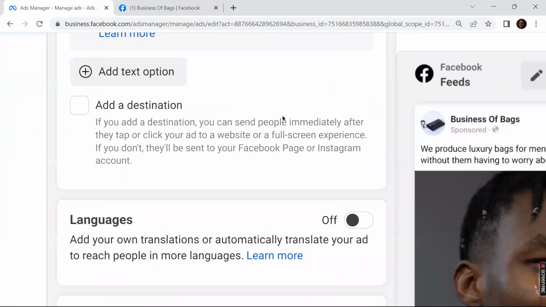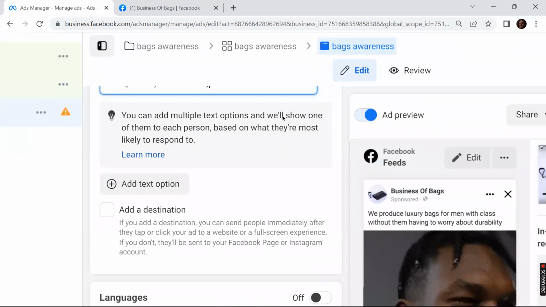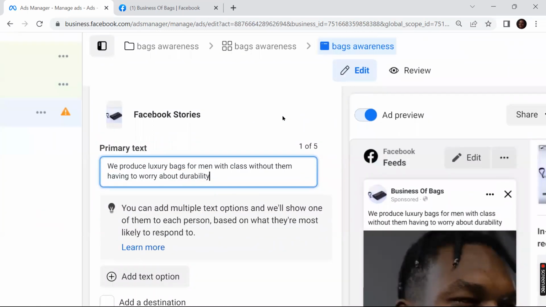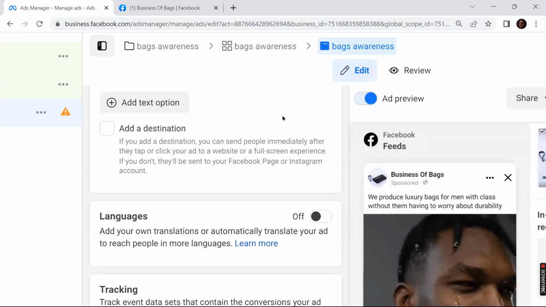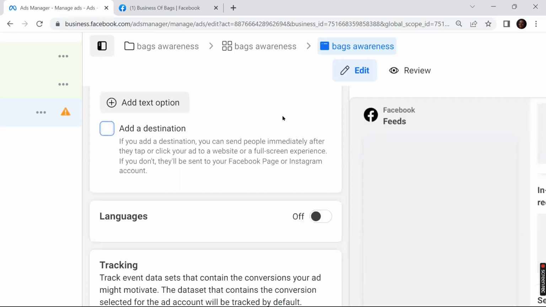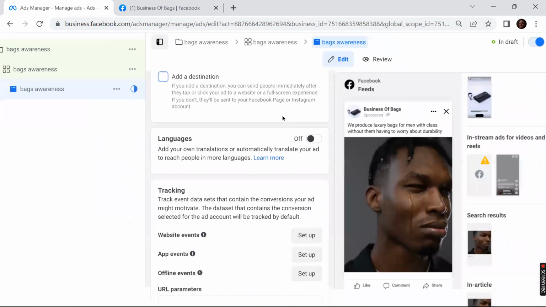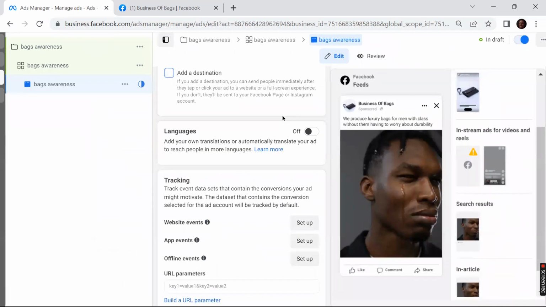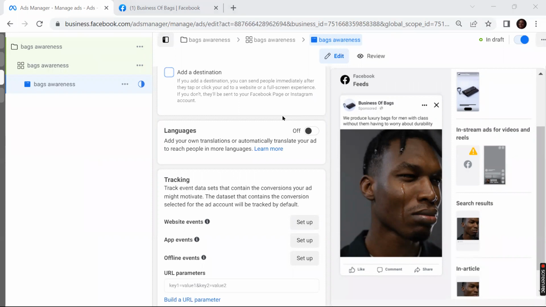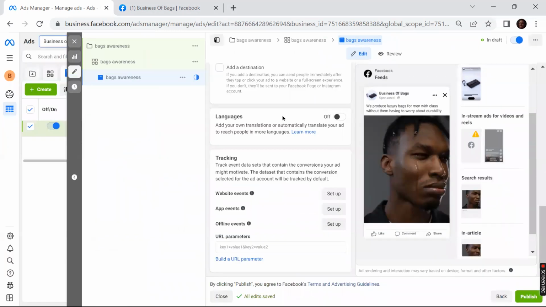So here is where you set the text under your primary text. You put whatever you want to put there, and then you choose a destination where you want to send people. You can choose the destination, or since it's an awareness ad, you can just leave the ad without a destination. That means they should not message or call, just see it and maybe like it or follow your page. That's all. And once you are done with that, you can already